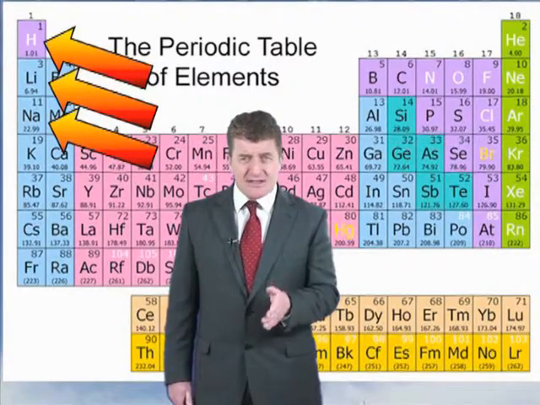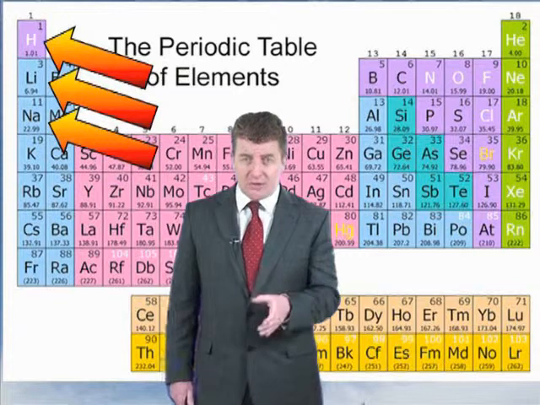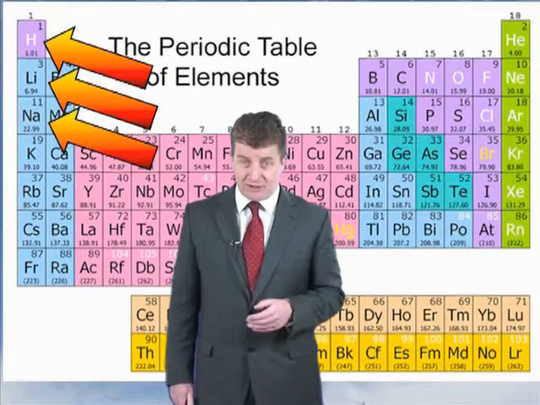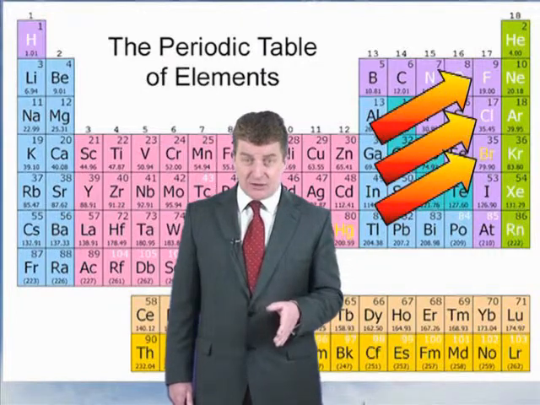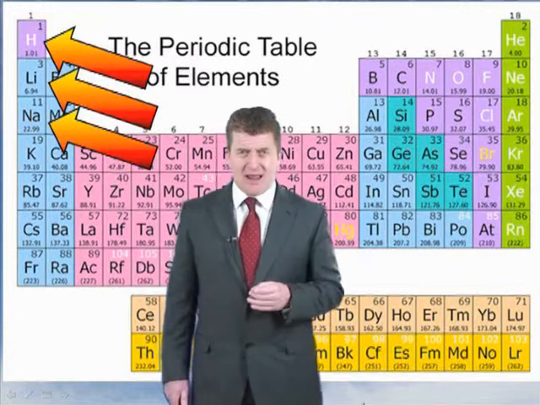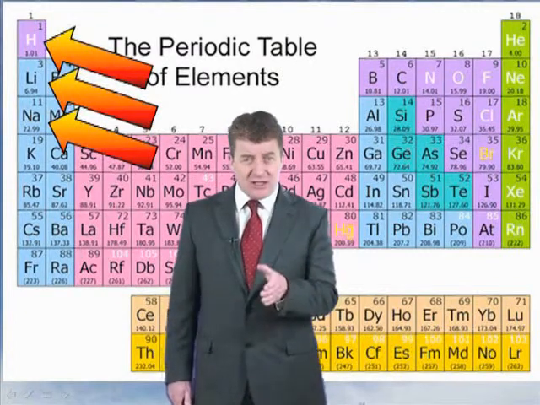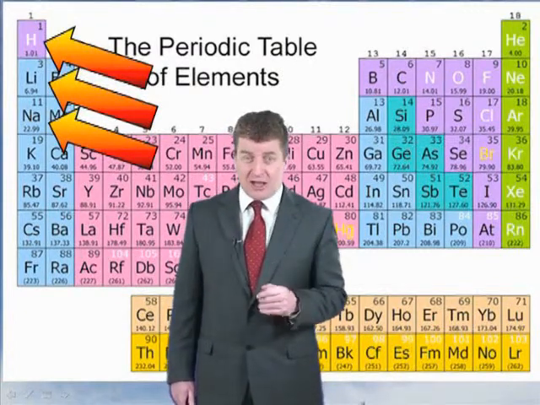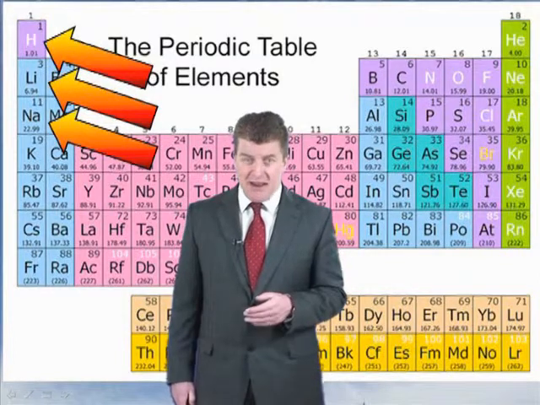What you'll find is that elements in the first few groups lose electrons to achieve a full outer shell. That's what they do, they'll lose them. Now, elements in the last few groups gain electrons to fill an outer shell because they're nearly full. Elements in group 1 are very reactive. Why is this? Well, as I mentioned earlier, they've only got one electron in the outer shell and find it easy to lose it, so they're very reactive.